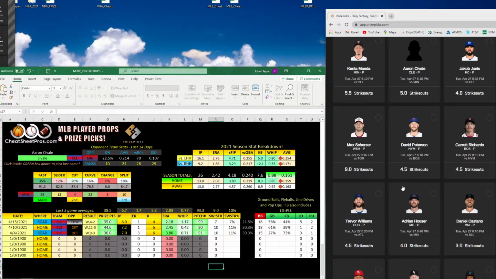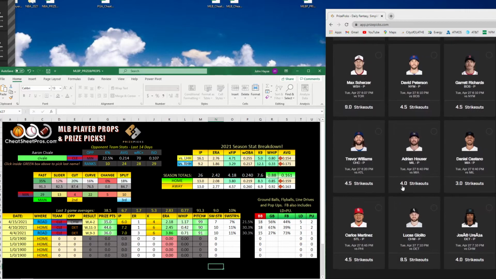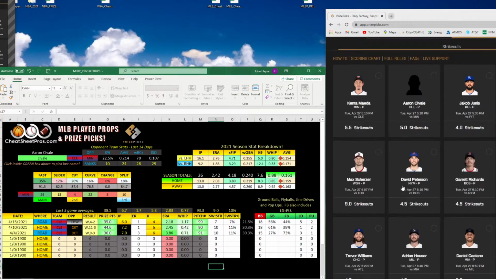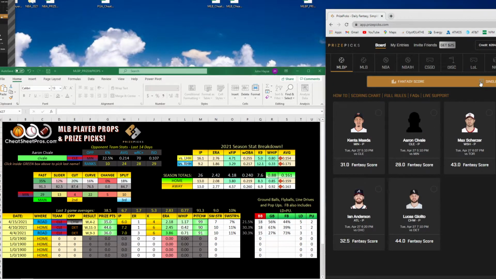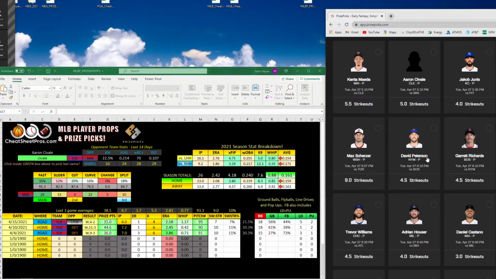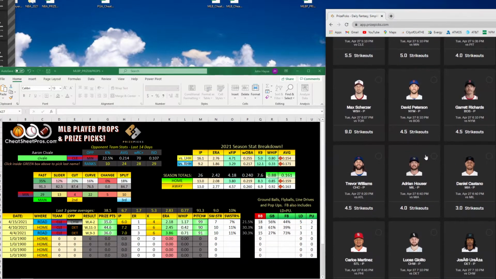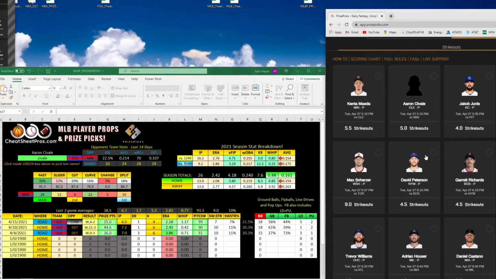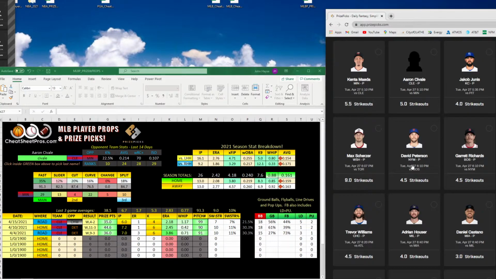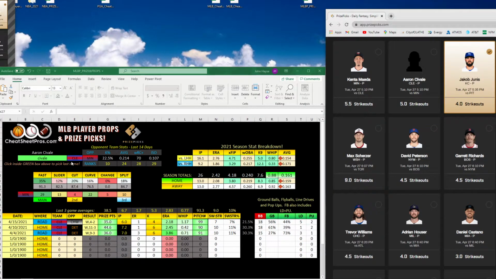So when I'm going through this, over here we've got our PrizePicks, and you can do your fantasy score or you can do your K-props. The K-props I really like. The fantasy score, a little bit not as much. So let's go ahead and just take a look at a couple of these so I can show you how I look at it. So first one I'm going to look at up here is Jacob Junis,